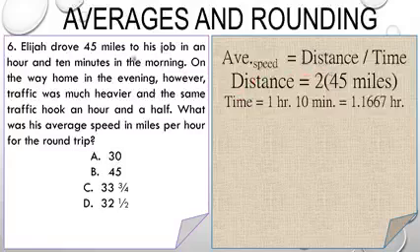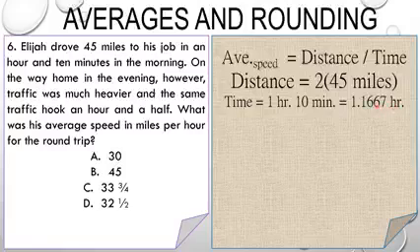So yung unang time is papuntang work. Okay? So nag-expend ng 1 hour and 10 minutes in the morning. So we need to compute, or rather convert minutes into hours, since we're looking for the average speed in miles per hour for the round trip. Okay? So, iconvert natin yung unang time, which is 1 hour and 10 minutes, into hour. And the answer is 1.1667